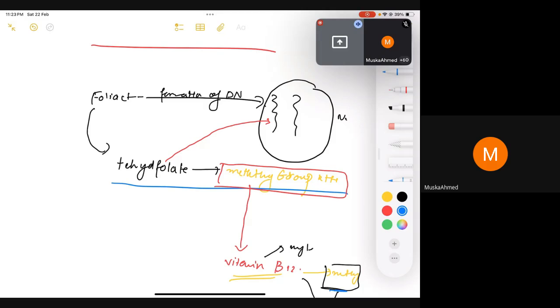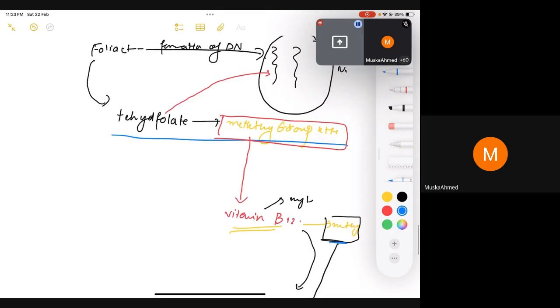So we discussed that folic acid or folate is a precursor of your DNA. Normally in the blood, it is found as tetrahydrofolate bound with a methyl group. For example, if there is a need of tetrahydrofolate for DNA synthesis, what happens? It would just transfer its methyl group to